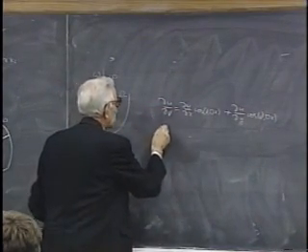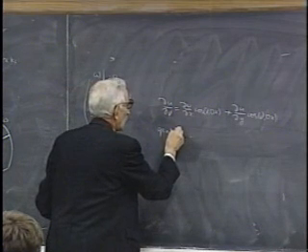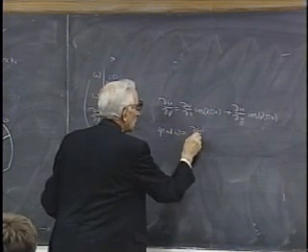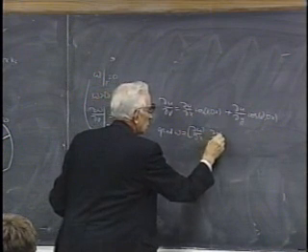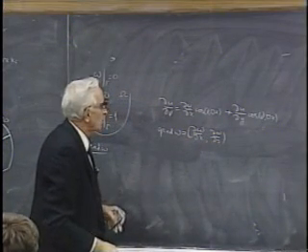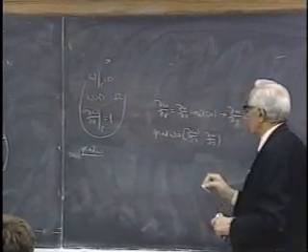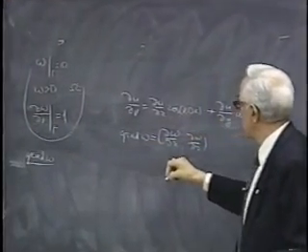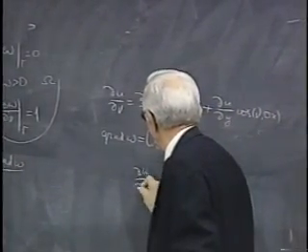But the gradient of omega and the normal are the same vector, so we can write that du/dnu is